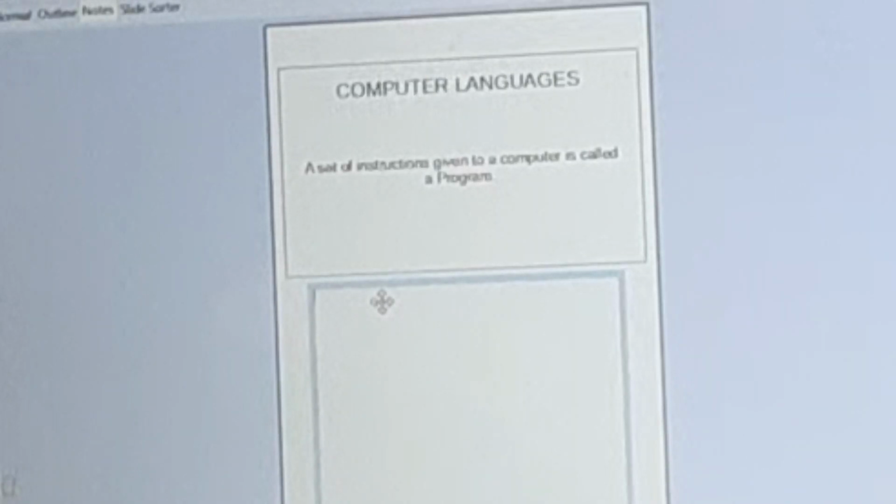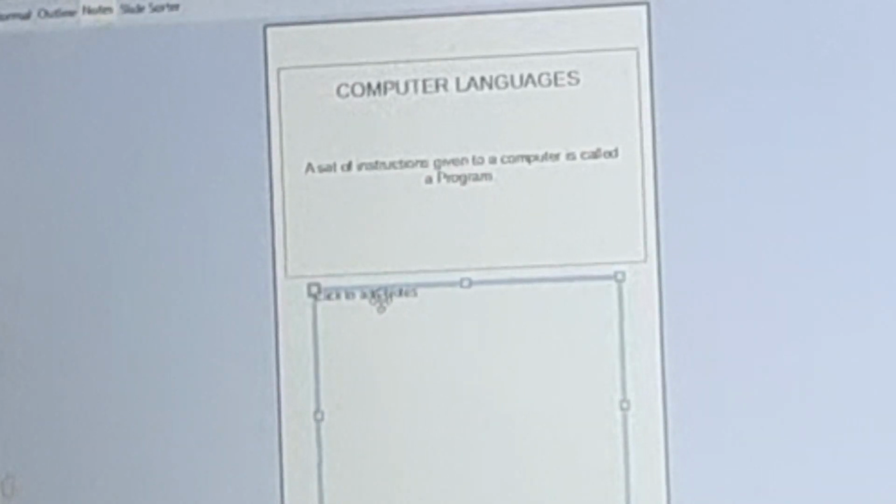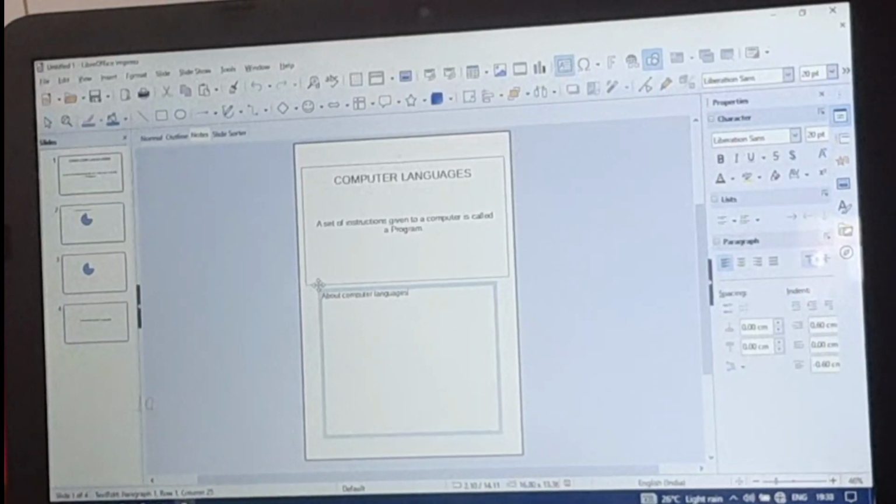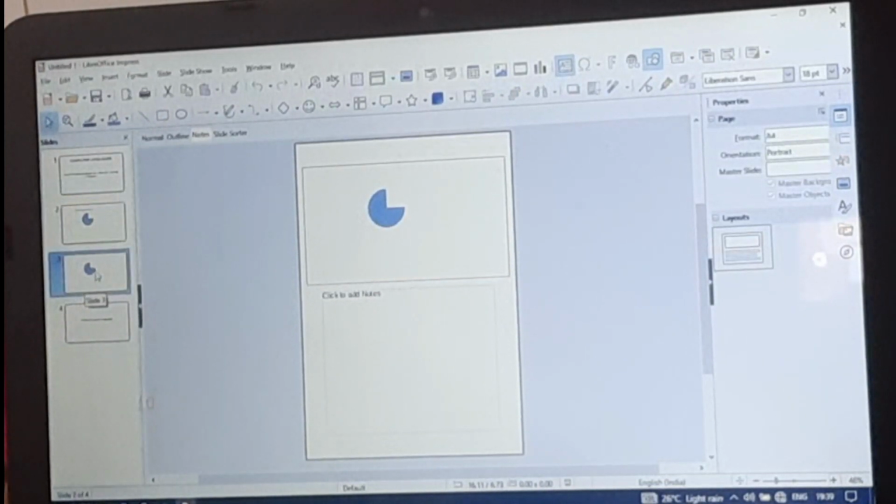And here we can type some notes about computer languages. Okay, this is the notes view. This is the slide information, and about that we can write some notes and keep it here. For each slide we can add notes.